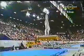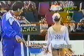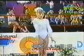But the question is, has she maintained the power to go with her increase in size? And I'm not meaning that cruelly. Growing from girlhood to womanhood under normal circumstances is hard on the physique, let alone when you're a gymnast. Well, in the World Championships a year ago, it was the vault in the individual apparatus that Shannon Miller decided not to take part in. But she performed extremely well in the all-around competition to score